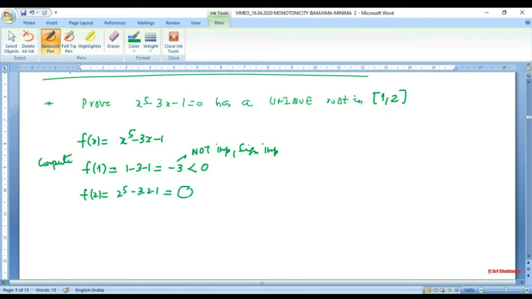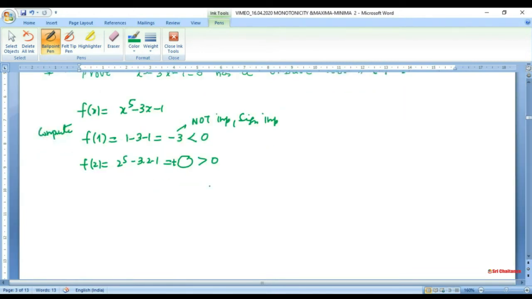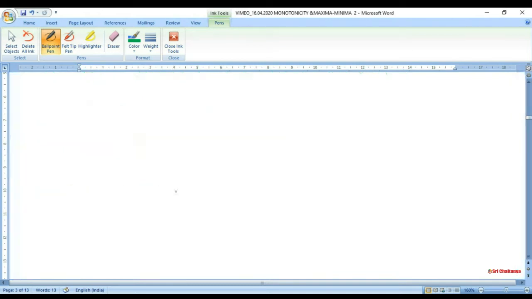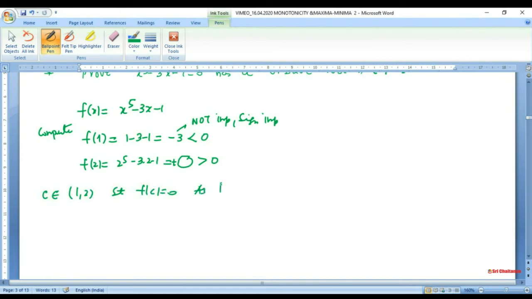Obviously the value is not important, but what is important is that it is positive. You can see clearly it is positive. Now f1 is negative, f2 is positive. So if f1 is negative and f2 is positive, then we know that in the open interval (1, 2), there is some c in (1, 2) such that f(c) equals 0, as f is